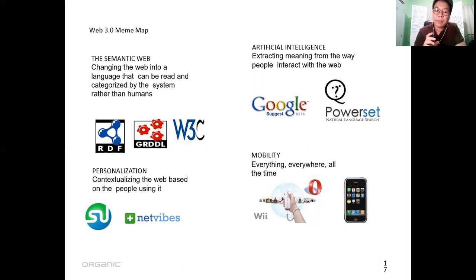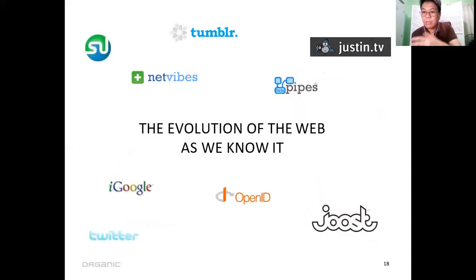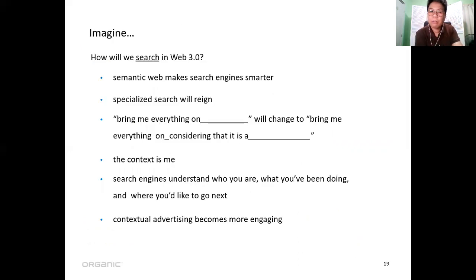And of course, you have now artificial intelligence, which means what? Extracting meaning from the way people interact with each other with the web. So the evolution of the web as we know it is, of course, all of the things that you see, Netvibes, iGoogle, etc. So imagine how will we search in Web 3.0?